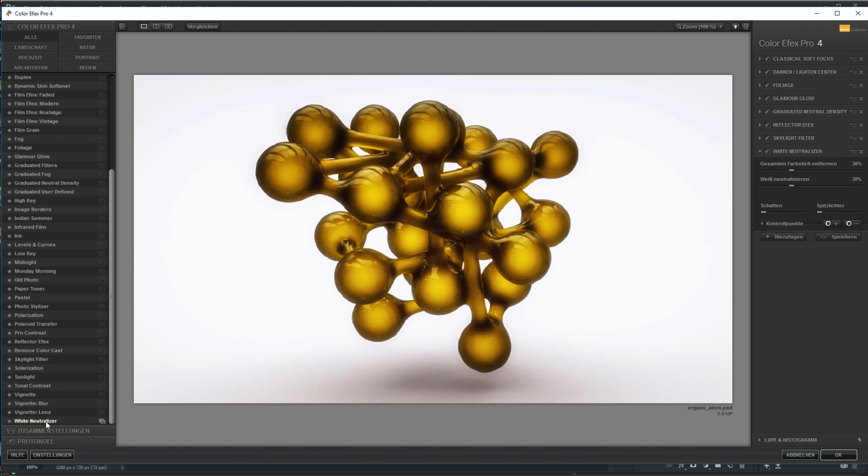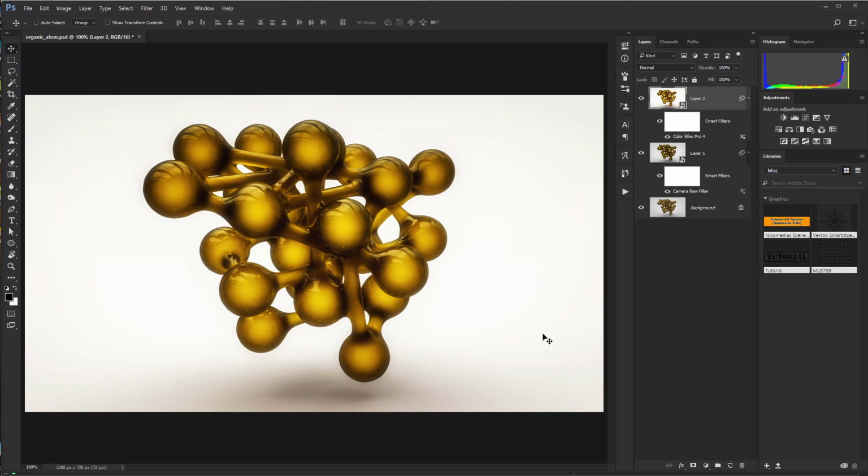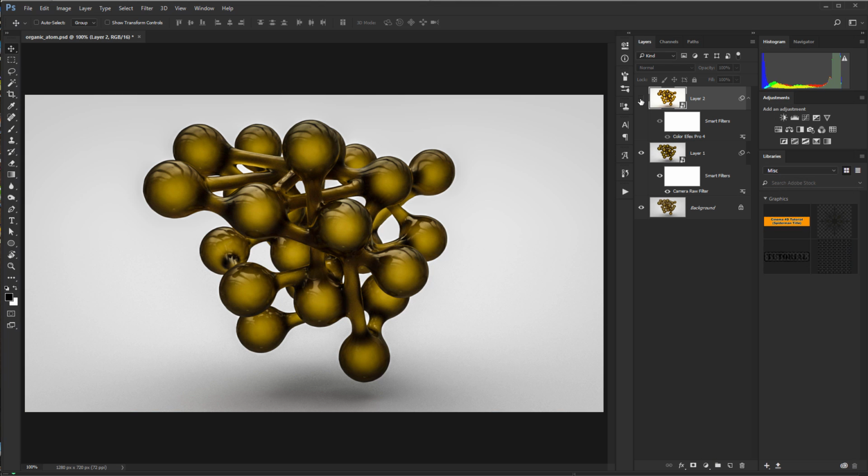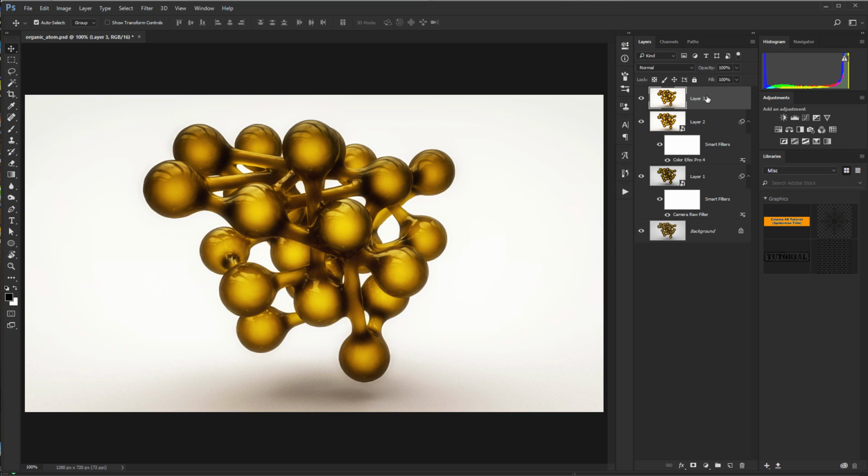Okay, and maybe the white neutralizer. For this I would have to pick a region, but I don't need this. Okay, for this it's okay. Then I want to go to, okay, so it's a huge difference, I think. So the next thing is Control Shift Alt E, new, make a smart object, and I want to get rid